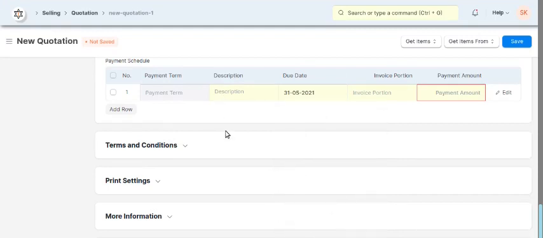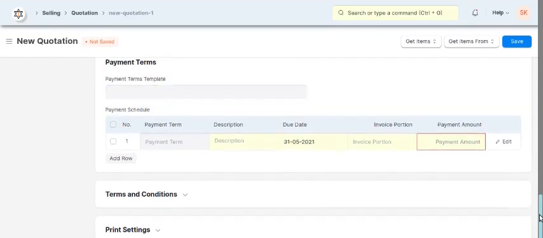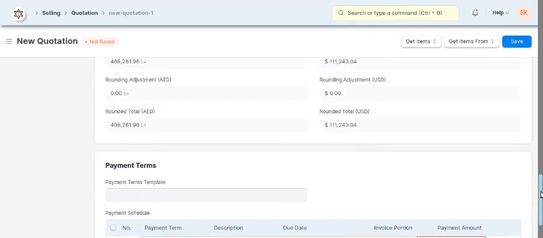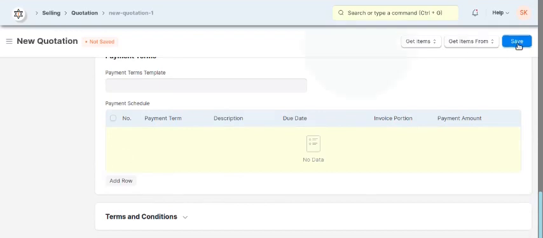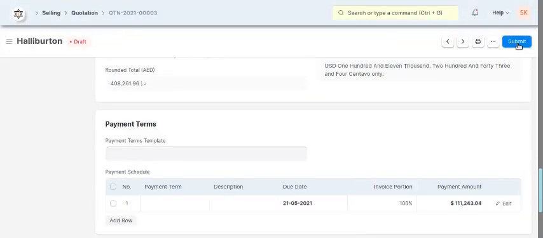So instead of typing each and every time, you can just select the template and it will get automatically populated. This is the template, and the amount will change to 100%. Now save it. Now if you see the print format,